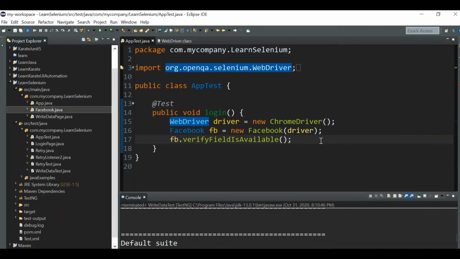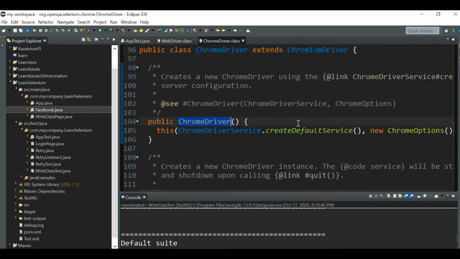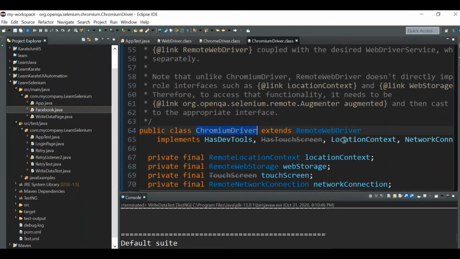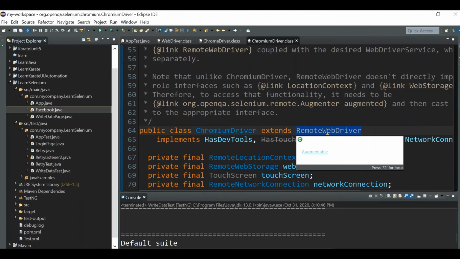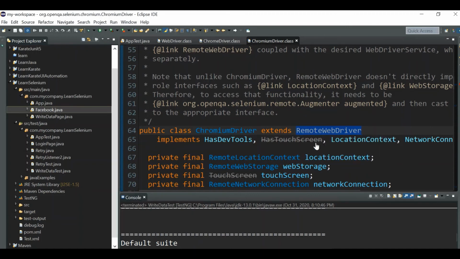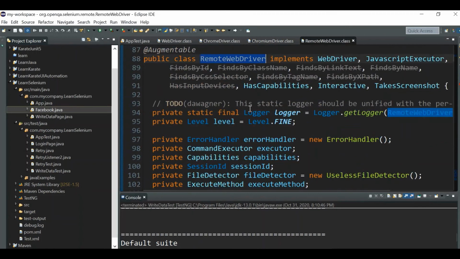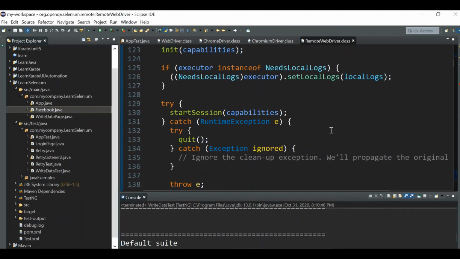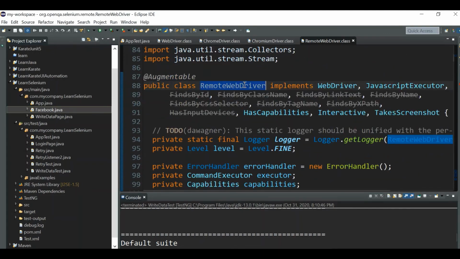If we go to the Chrome driver class, you can see Chrome driver is extending Chromium driver. If you go to Chromium driver, again it is extending RemoteWebDriver. If you go to this RemoteWebDriver, it will have so many methods. Here you can see the RemoteWebDriver is implementing the WebDriver interface, right?